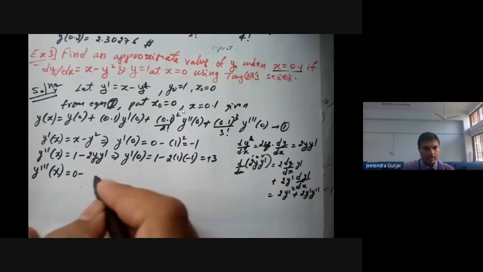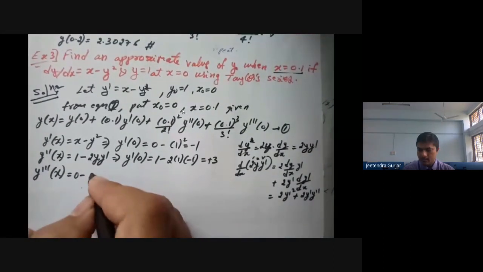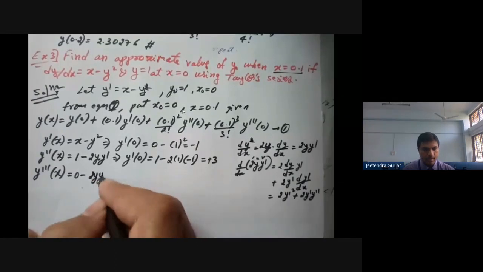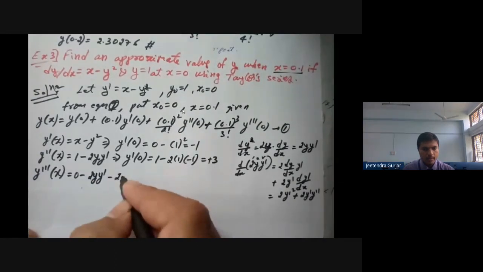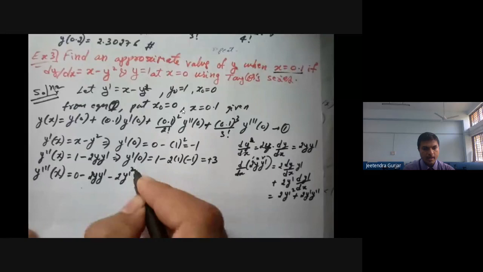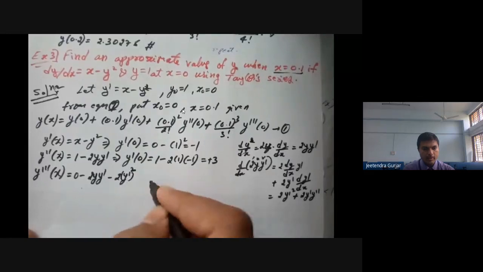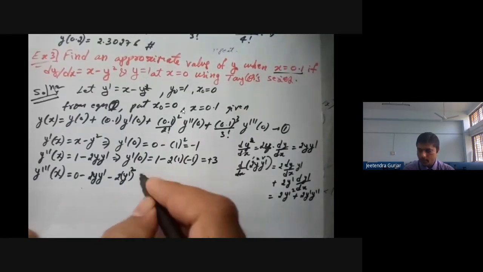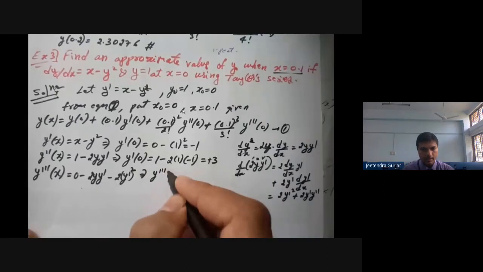So first you have to do it side by side. So I'll just put the values now. It is minus, so I will put minus only 2y dash y dash minus 2y dash square. Yes, it is correct answer, Karthik.